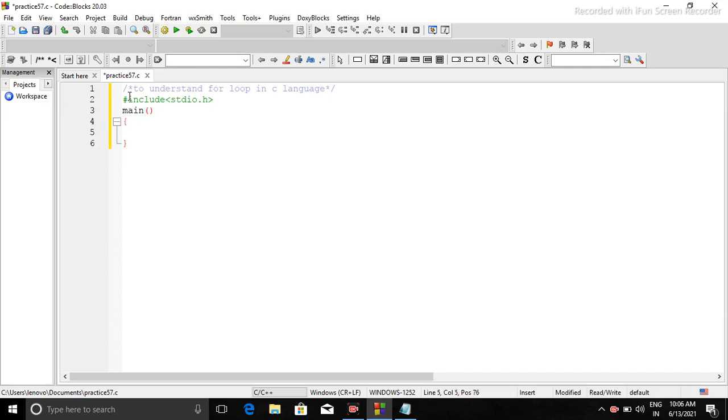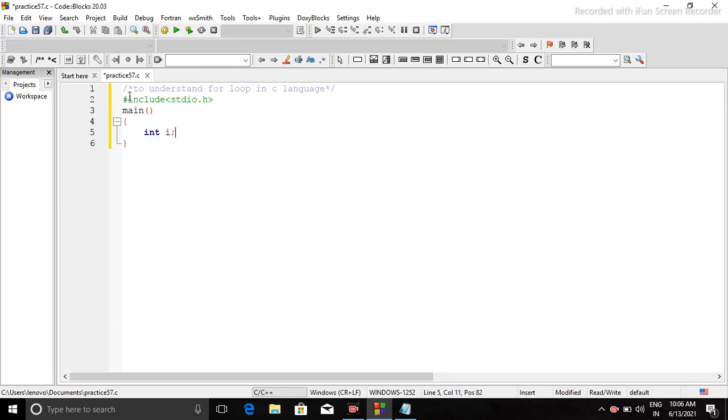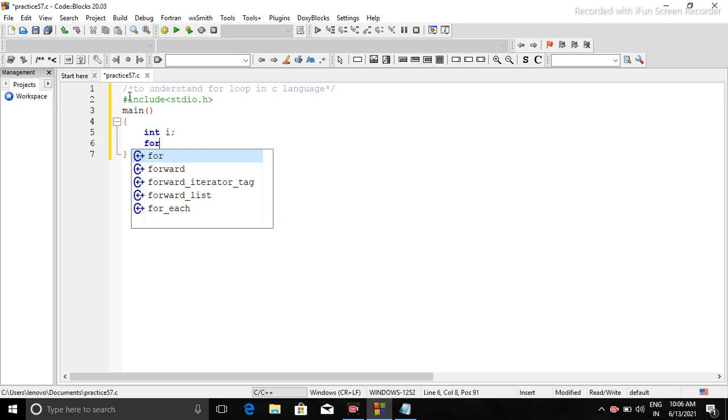After it, I will create a variable, let's say I. In our previous video we made a program to print the first 10 natural numbers using while loop. Can we make a similar program using for loop as well? Yes, definitely we can, and we are going to make that to understand the use of for loop.